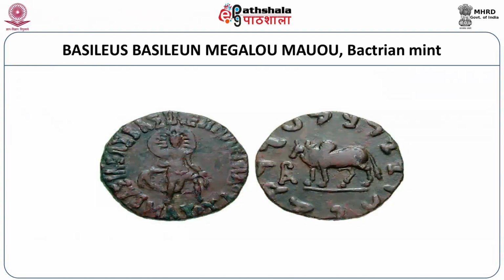A third important type of coins for Maues is the radiate Artemis. This is a very interesting type because you do not find it in many coins of many rulers. Here we have Artemis who is radiate, and the chiton is blowing in the wind. On the reverse you have the humped bull, which is a significant signifier of the Pushkalavati region. So you have a reference to Pushkalavati, perhaps in the Peshawar district, and this coin can be identified as a coin from Pushkalavati.